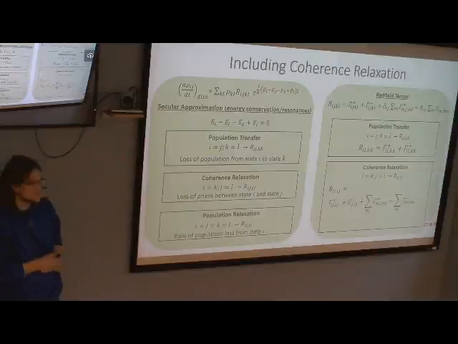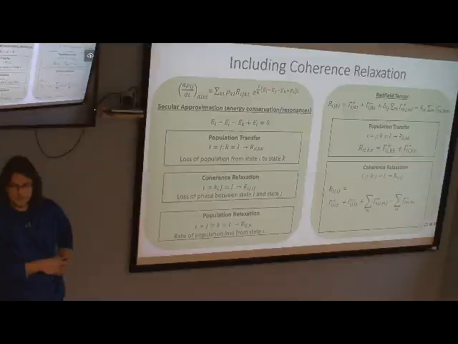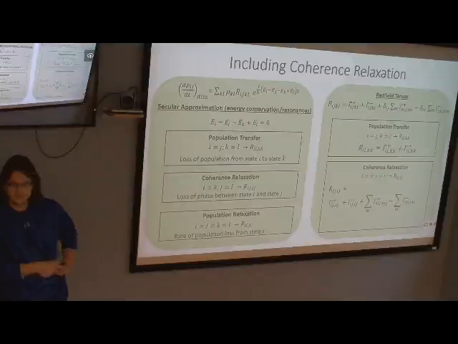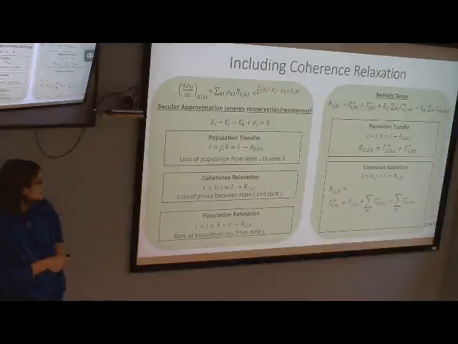If you run through the indices, you have three different types of scenarios you can come across. You can have when I is equal to J, and then K is equal to L, and that'll give you 0. So that gives you, in the notation I have, R_IKKI, and that essentially represents a loss of population from electronic state I to electronic state K.